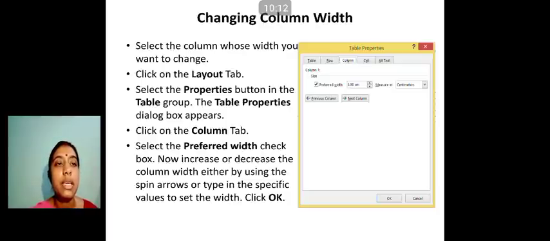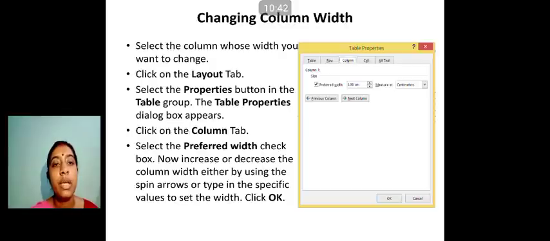Here you can see that earlier the Row tab was active, but now the Column tab is active. Reason? Because earlier we selected a row whose height we had to change. Now we have selected a column whose width has to be changed. Clear? That is why earlier which tab was active? Row. And now which tab is active? Column.